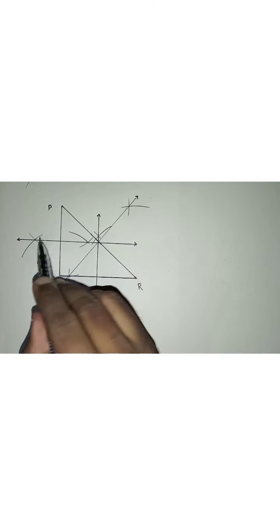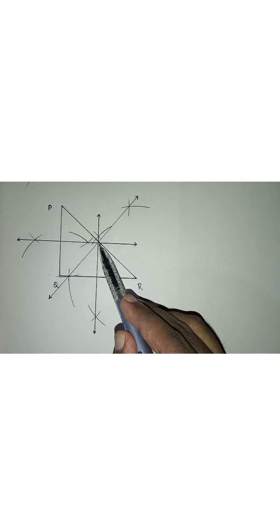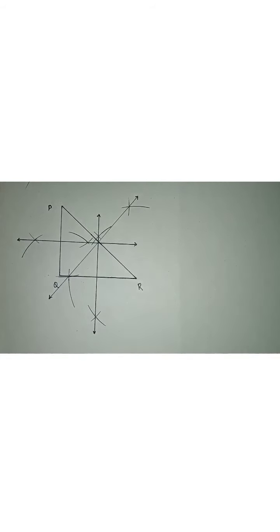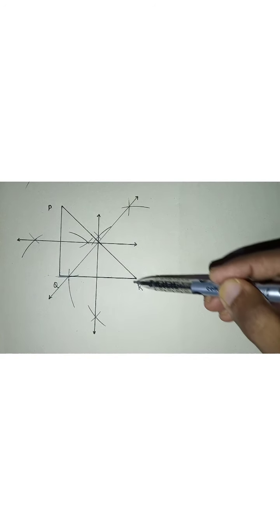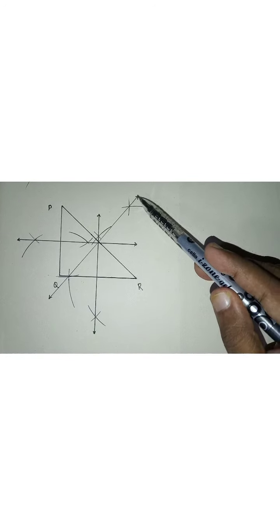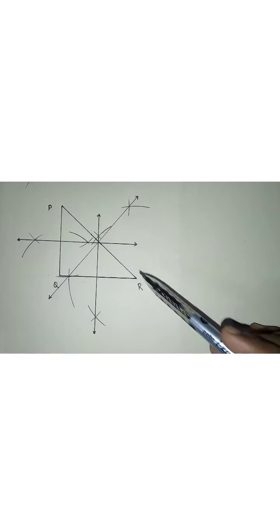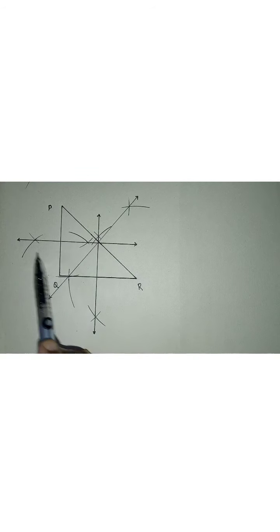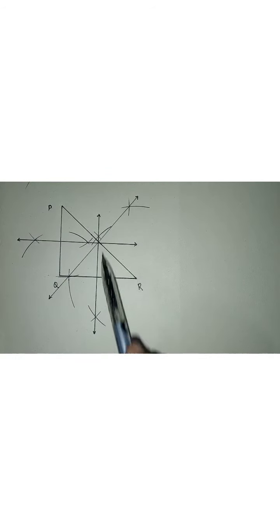And all the 3 perpendicular bisectors meet at a common point. This point is known as the point of concurrence, and the point of concurrence lies on the hypotenuse of the right angle triangle. Here the question was: draw a right angle triangle. So first we drew the right angle triangle, then we drew perpendicular bisectors to all the 3 sides of the triangle, and all the 3 perpendicular bisectors meet on the hypotenuse of the right angle triangle. So the point of concurrence lies on the hypotenuse of a right angle triangle.